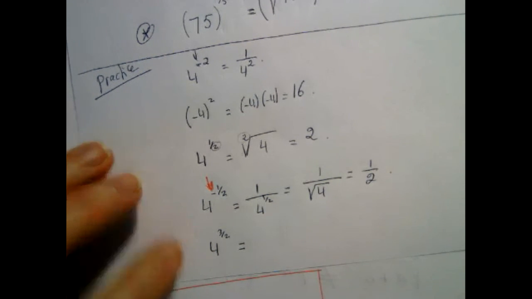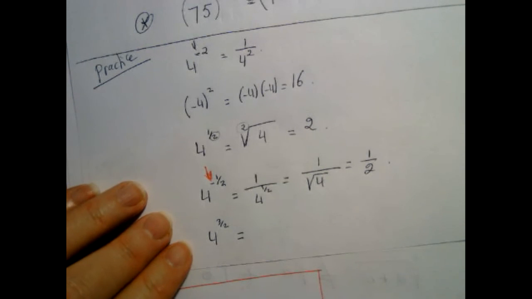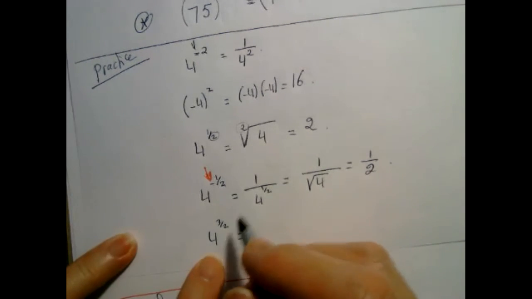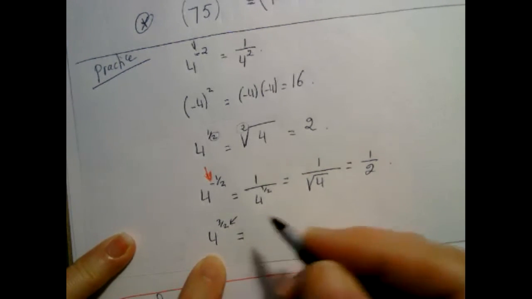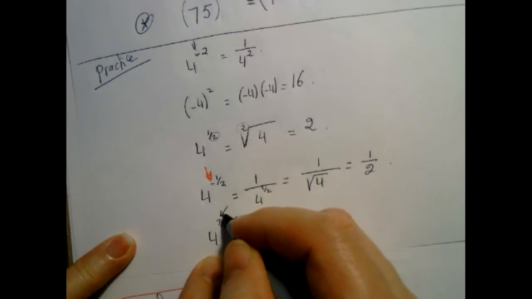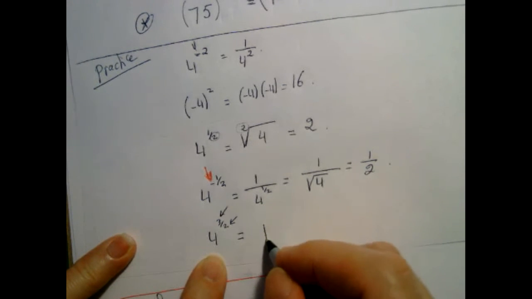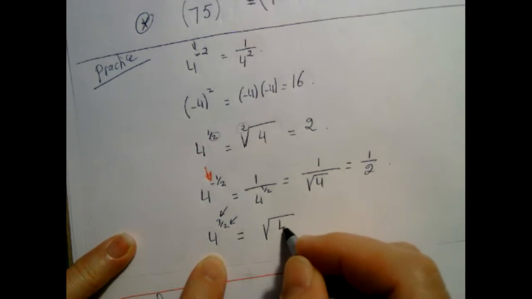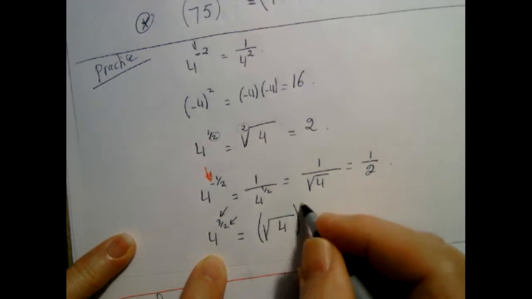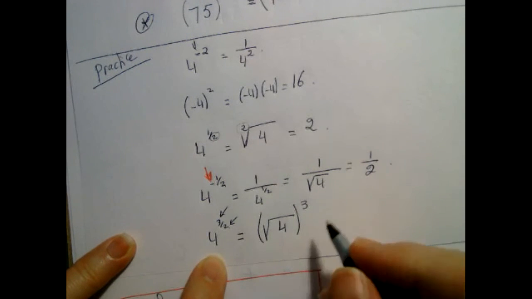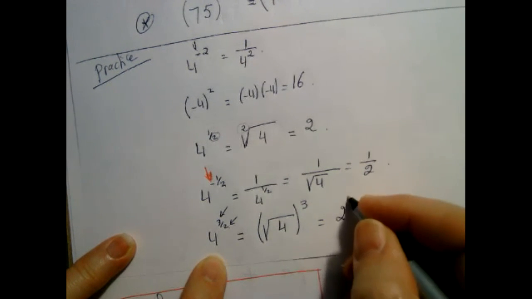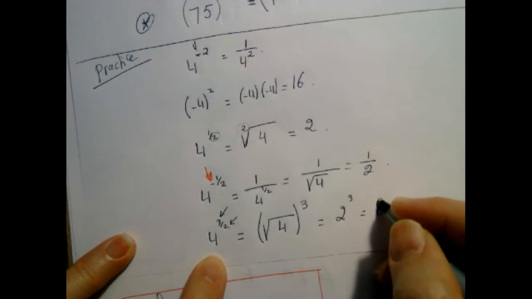And finally, 4 to the power 3/2. Now I have to use the formula. This is the root, so that's the square root, and this is the power. So it means the square root of 4 raised to the power 3. It means 2 to the power 3, which is equal